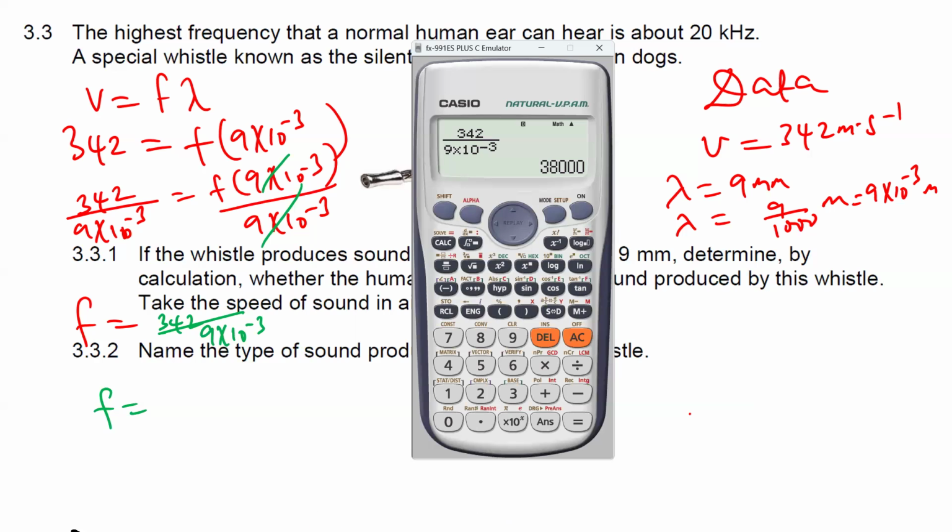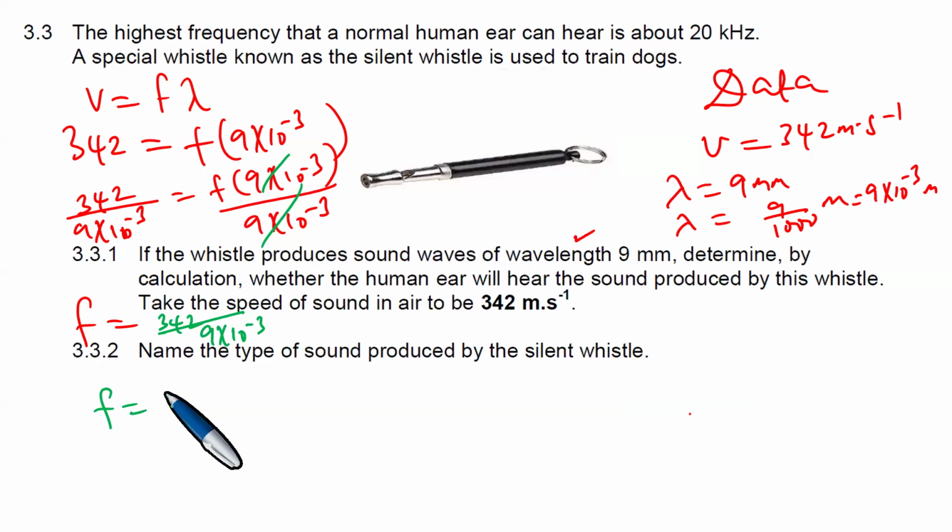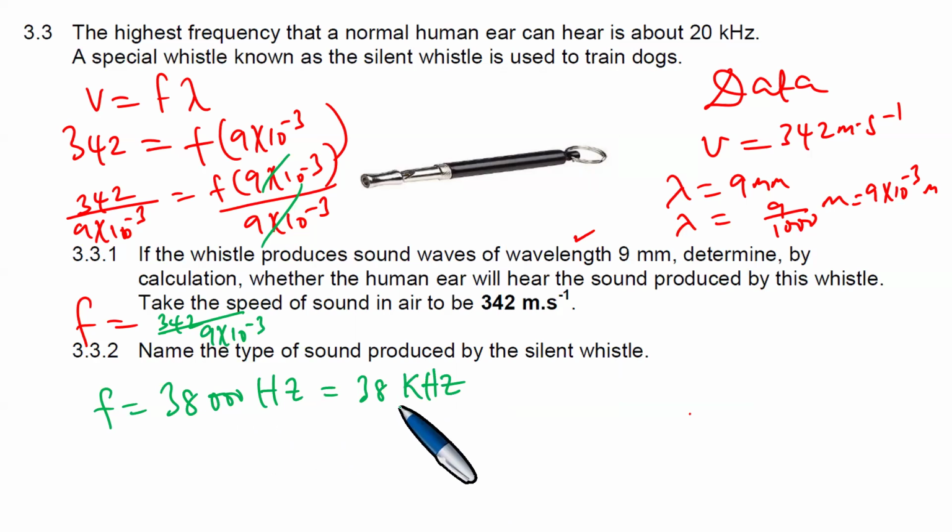38,000 hertz. So what we're getting is exactly 38,000 hertz, which is the same as exactly 38 kilohertz. But 38,000 hertz is bigger than 20 kilohertz, so it's much bigger. And the highest frequency we can normally hear is 20 kilohertz. So it means therefore